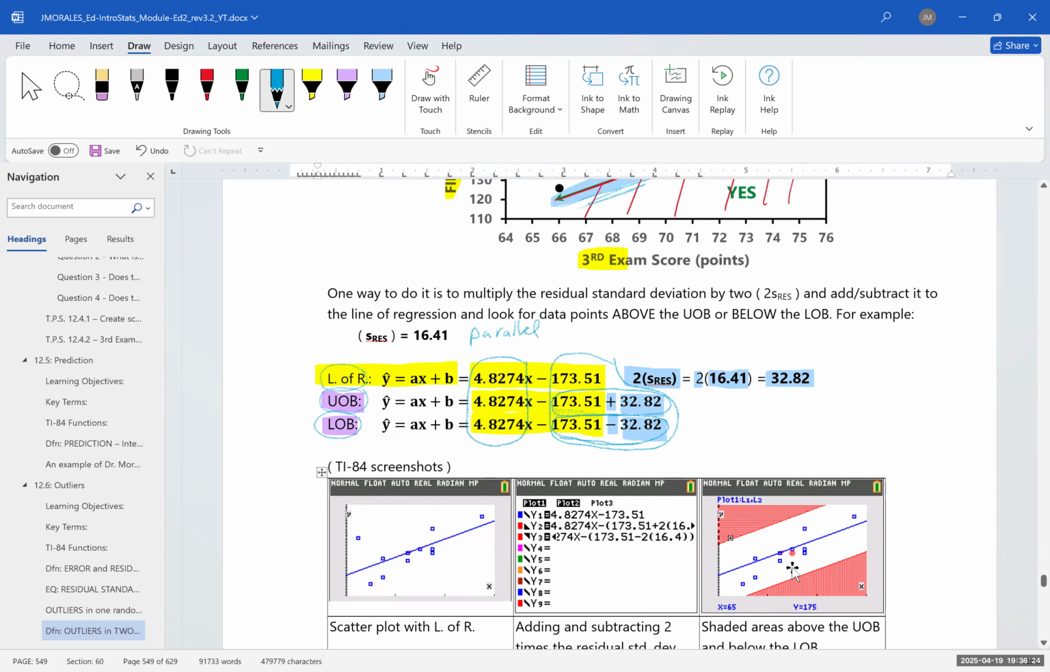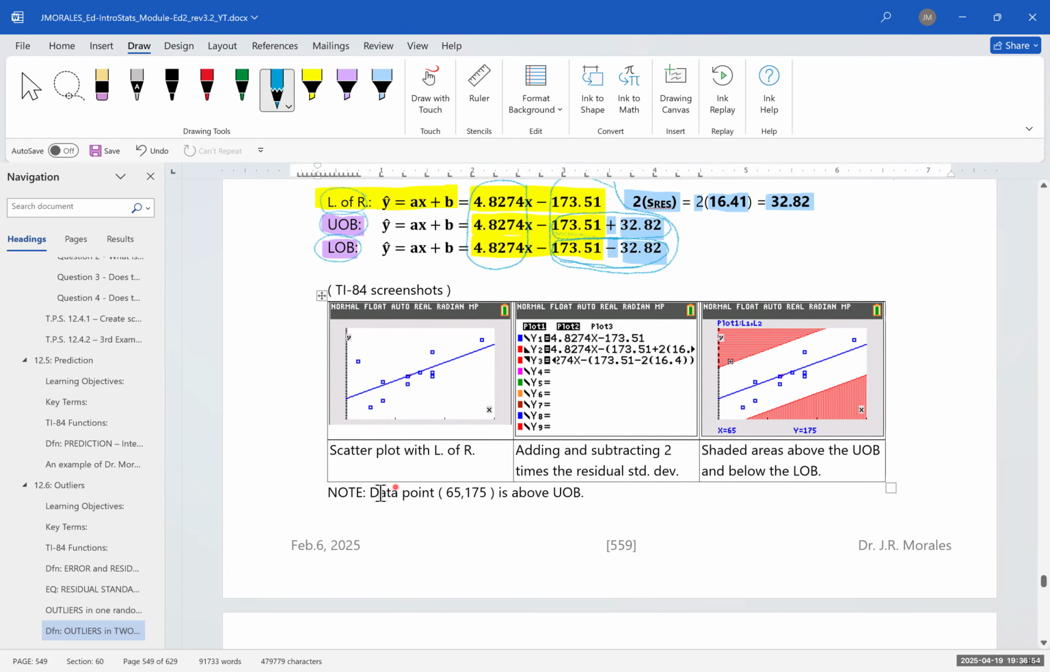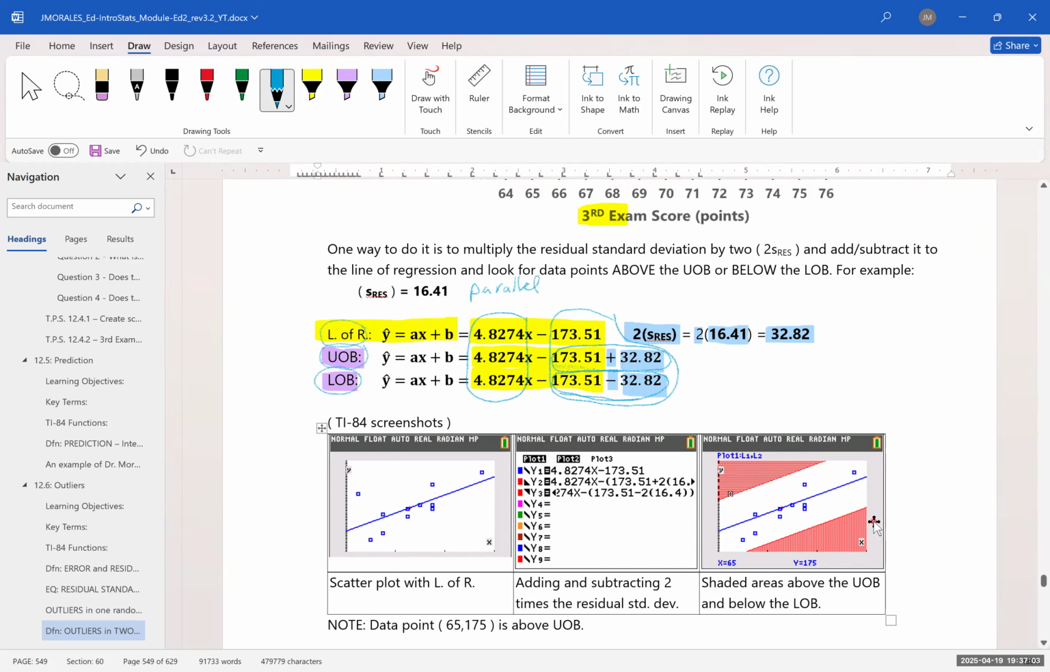So all the data points that are between the upper outlier boundary and the lower outlier boundary, these are all not outliers. But you can see this point right here, it's just in that region. That's the point 65, 175. That point 65, 175 is an outlier because it's in this outer region. It's above the upper outlier boundary. Okay, so here I put data point 65, 175 is above the upper outlier boundary. So, I'm first trying to show this visually